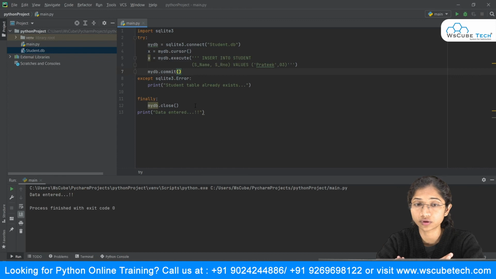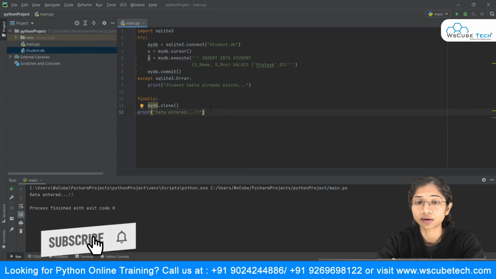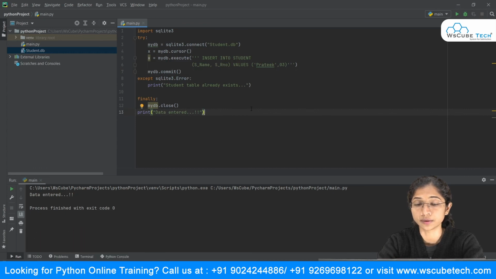It is a good practice that whenever you open a file or any resource, you close it. So we have closed our database connection over here, and at the end we print a message that gives us the assurance that the entire code has run successfully. We have made use of this try except finally block only to handle our exceptions. Now, in this case, we are inserting a query, so you can insert your queries through this execute command, and inside this you can change the values,